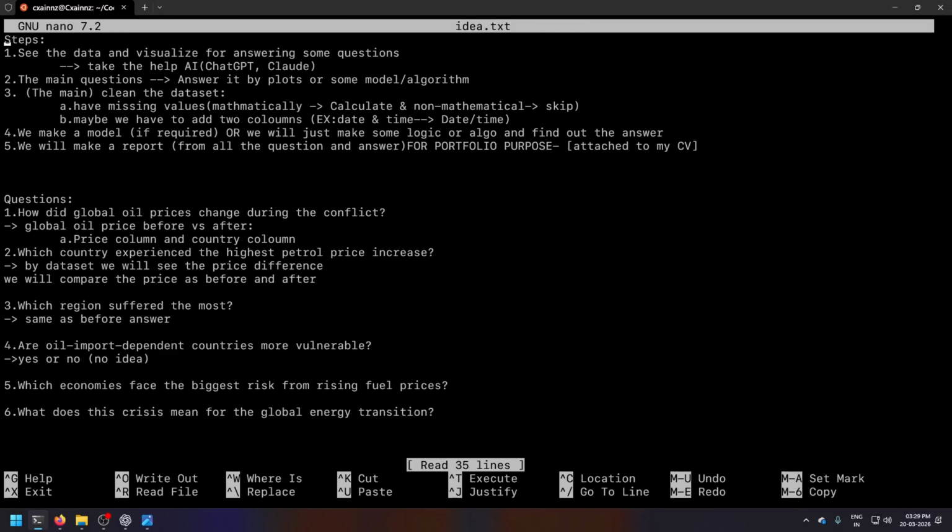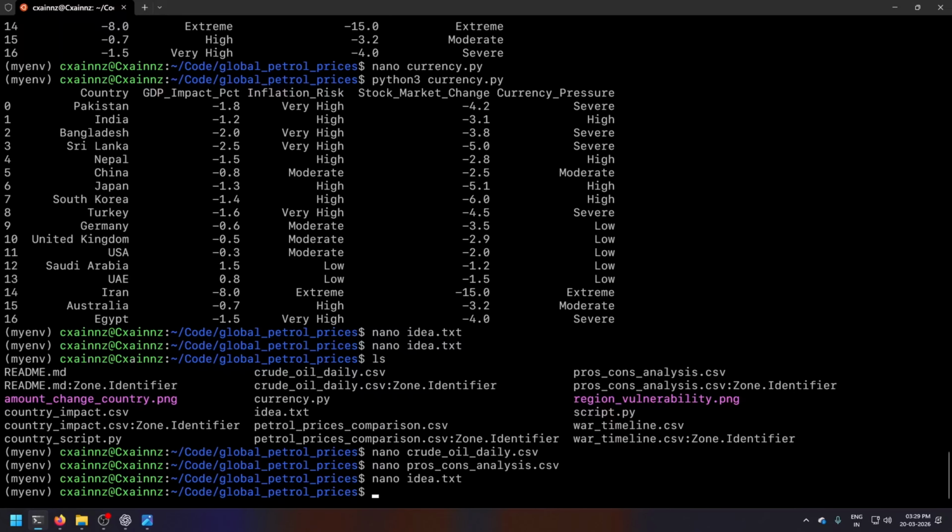The global energy transition shows a type of, what can I say? For being a part of global energy transition, I can say the pros and cons analysis is the most suitable thing to look at, because the crude oil is having all the crude oil type of data.